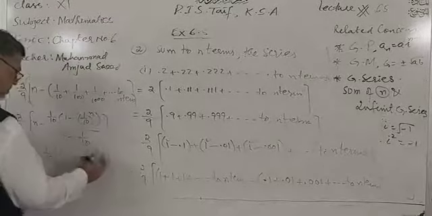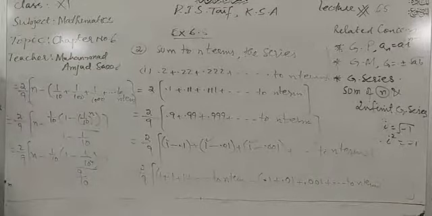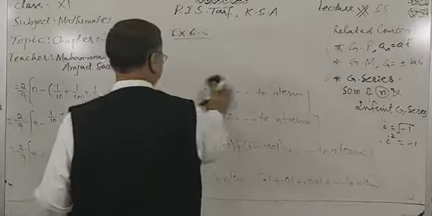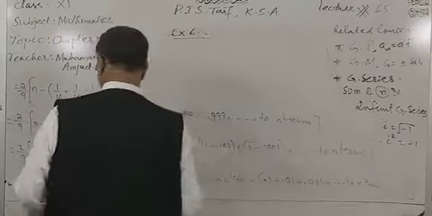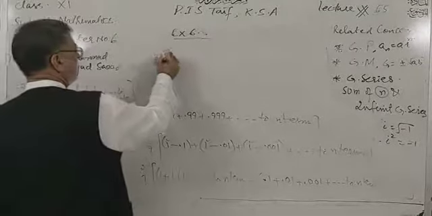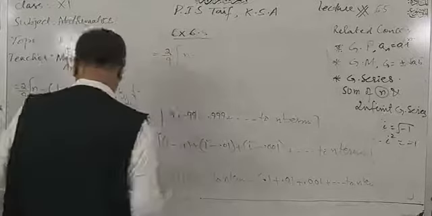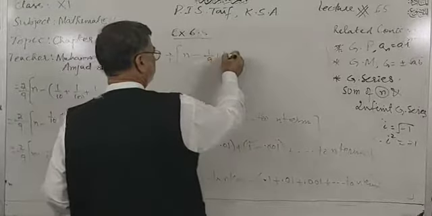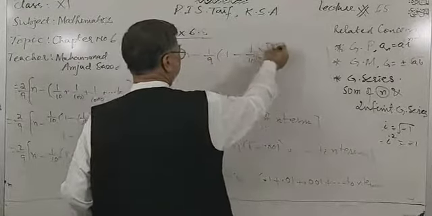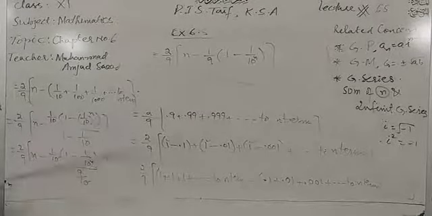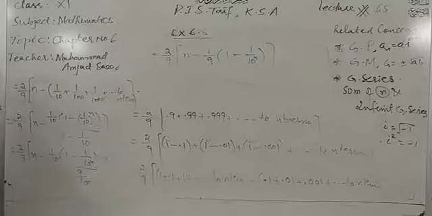Yes, that will be this one. And after that, here we can have 2 over 9 into n minus, 10 cancelled out. This is 1 over 9 into 1 minus 1 over 10 power n. That is your answer. Dear students, that was your part number 1, question number 2.